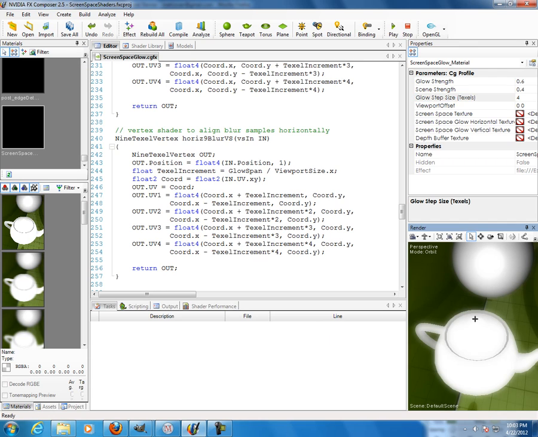Alright, and so that is a glow shader. It looks pretty cool. You should be getting glowiness, and with that, that finishes the glow shader with vertical and horizontal blur for image filtering. And now you know how to also do a blur shader, because again, just drop off your glow and now you just have a regular blur shader. So if you need to make the screen blur out, maybe on the death of a character or something like that, and the whole scene needs to blur out, there you go, you have your blur shader too. But with that,